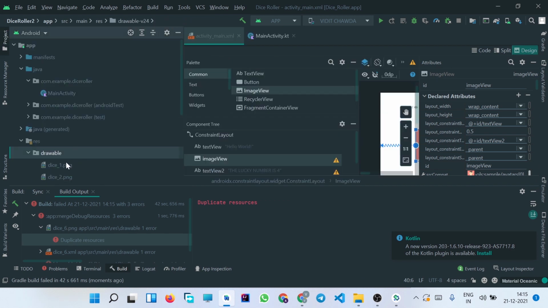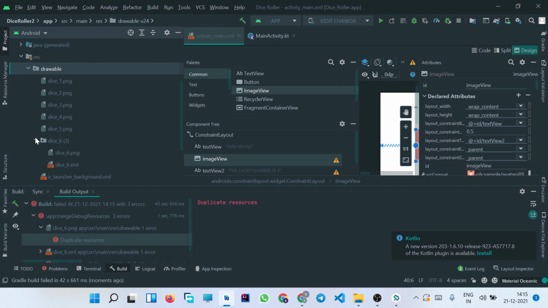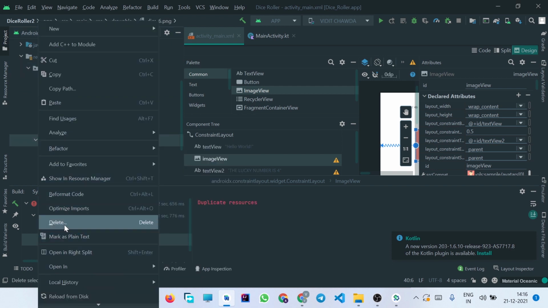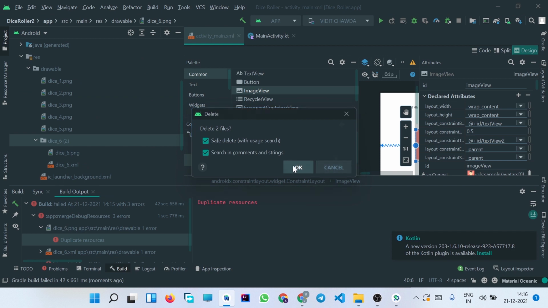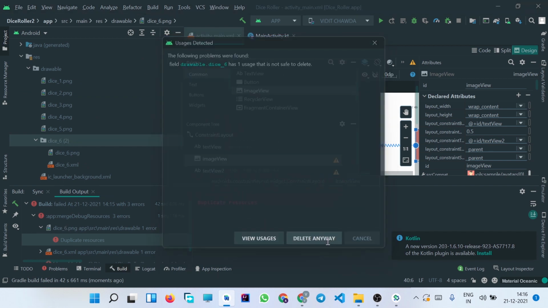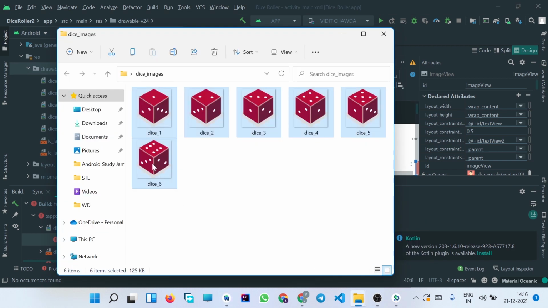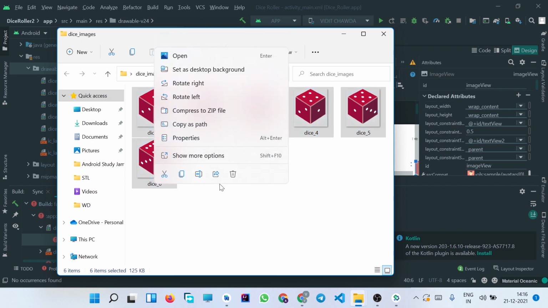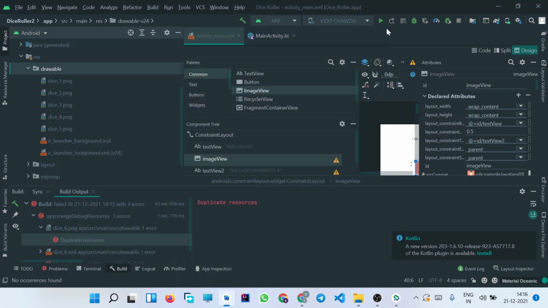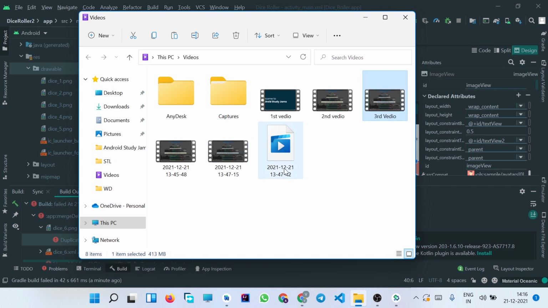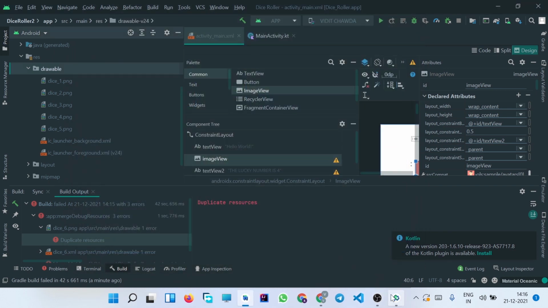So we made some changes here. We created one file, so let us first delete it and let's see what is the error that it is showing us. So okay, we'll again copy the image, the sixth image. I think all the images were copied by mistake.